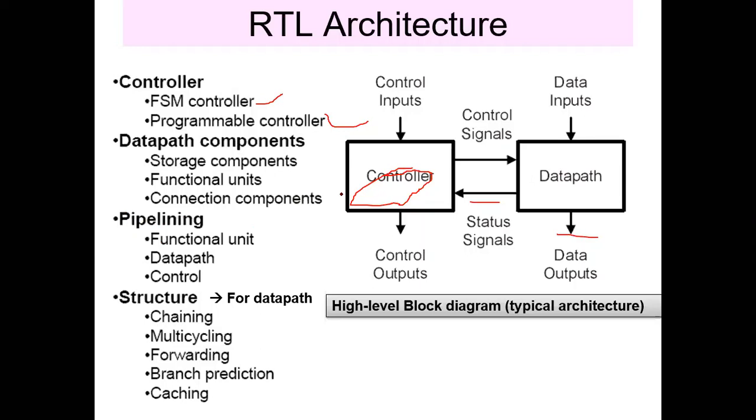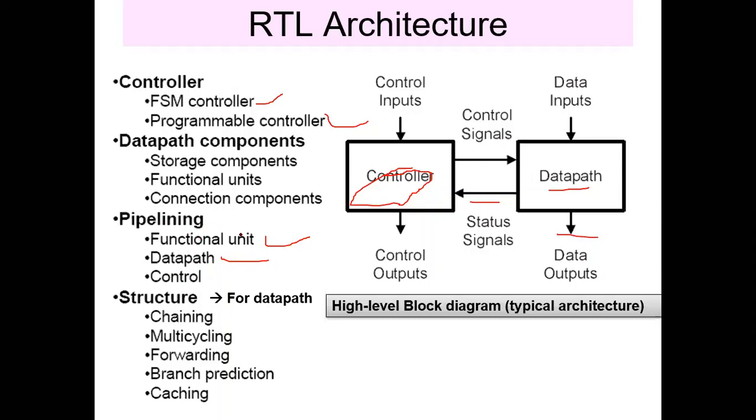So functional unit pipelining, data path pipelining, and controller or control path pipelining are available. Pipelining can be done for both the data path as well as the controller. In the data path, we can have different registers. Even if the name is data path, here the data path means the register pipelining. Functional unit pipelining means different functional units will be there, that means ALU or multiplier, whatever functional units are available, can have the pipelining facility.